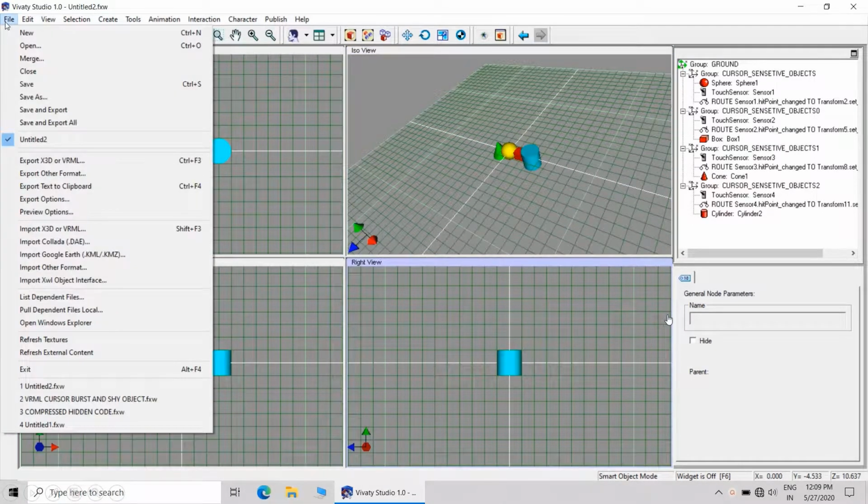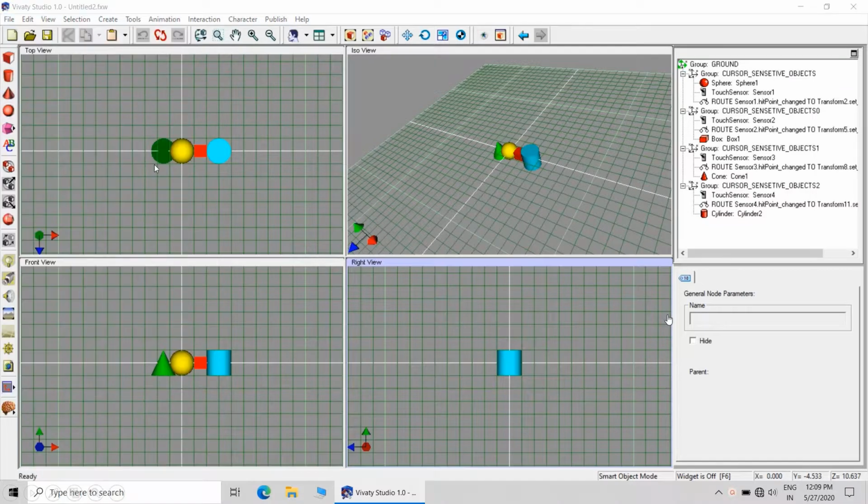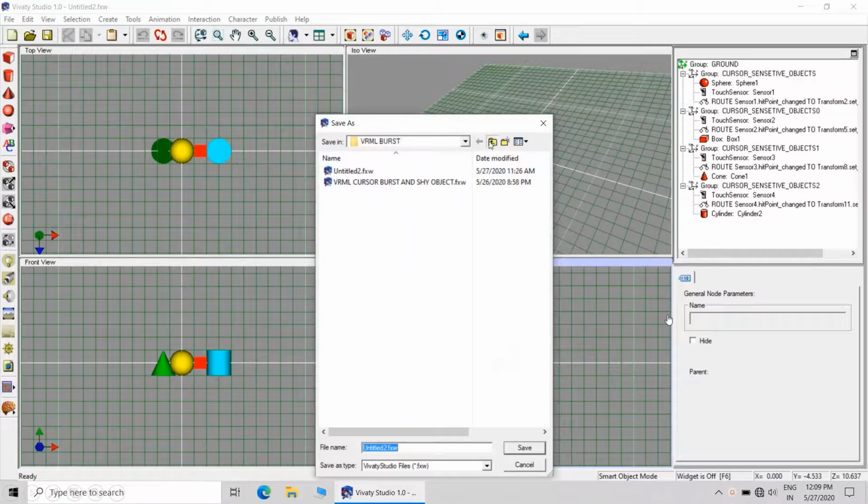Now we will be saving this file. Save the file to the appropriate folder, and call it VRML mouse cursor sensitive objects.